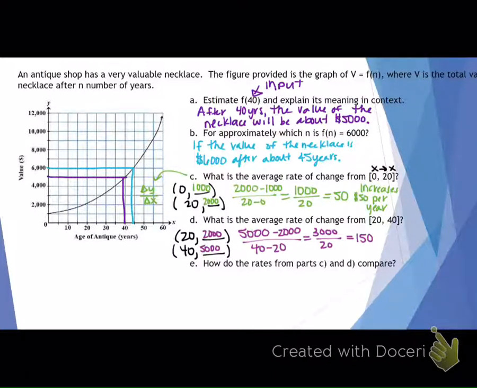I think that's right. Is it 150? Yep. Okay, what does that mean with units, Connor? It increases $150 every year. Okay. So what do you guys notice about the rate of change from C to D? How much do you think it's multiplying by about? It is growing by a factor of 3. Because 5 times 3 equals 15. Oh. And factor is the multiplication. Yep. All right. Let me get the homework out so that